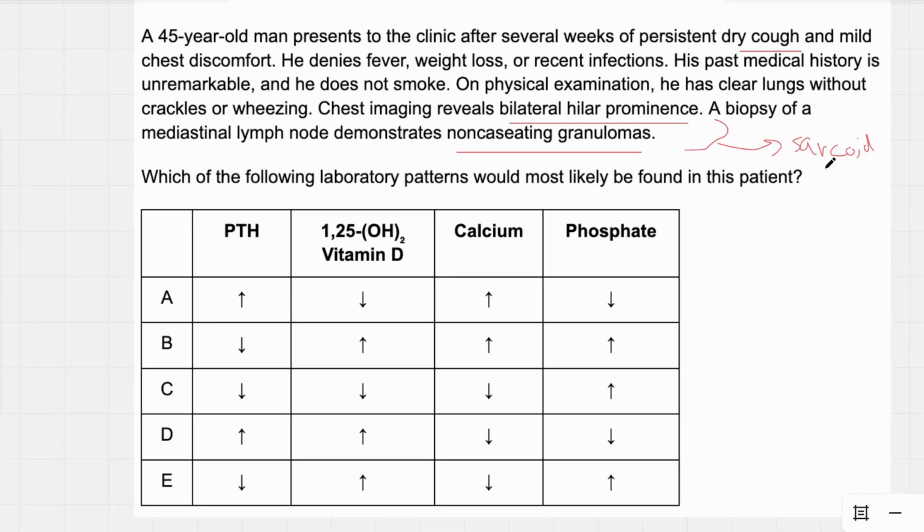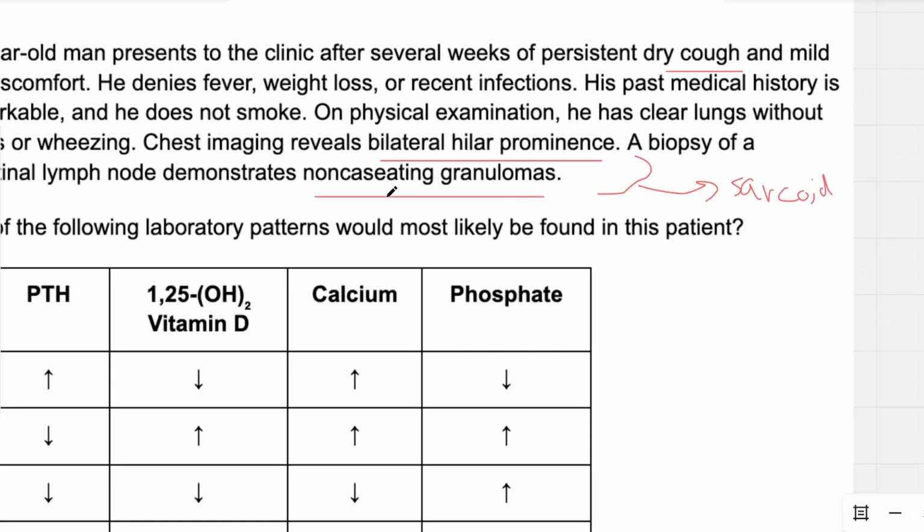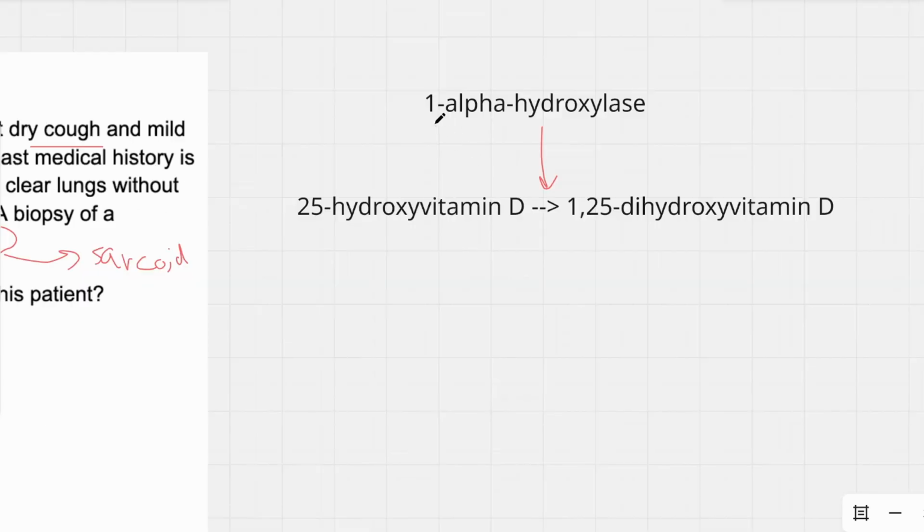So the next question is, how on earth does sarcoid impact anything to do with calcium? The non-caseating granulomas of sarcoidosis have a lot of 1-alpha hydroxylase. So 1-alpha hydroxylase catalyzes the conversion from 25-hydroxyvitamin D to